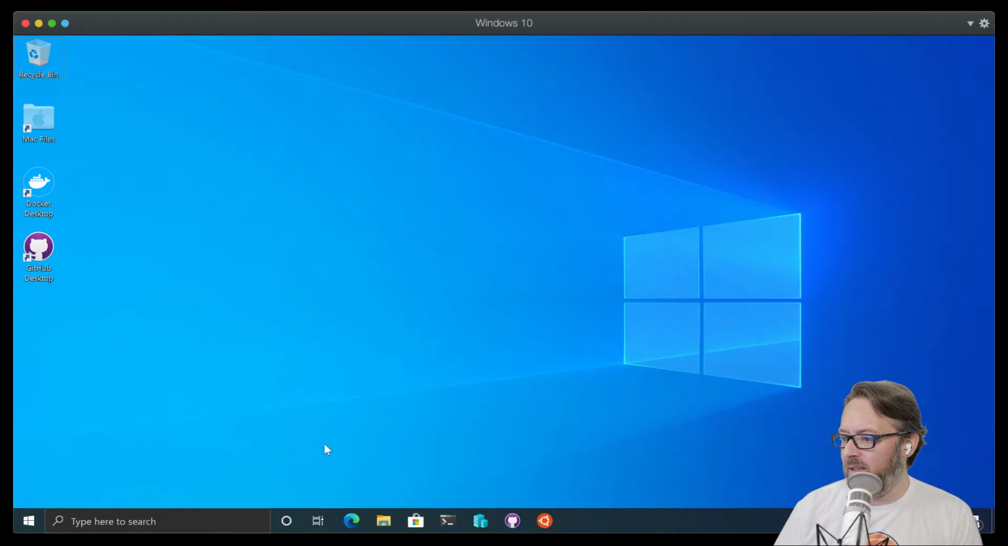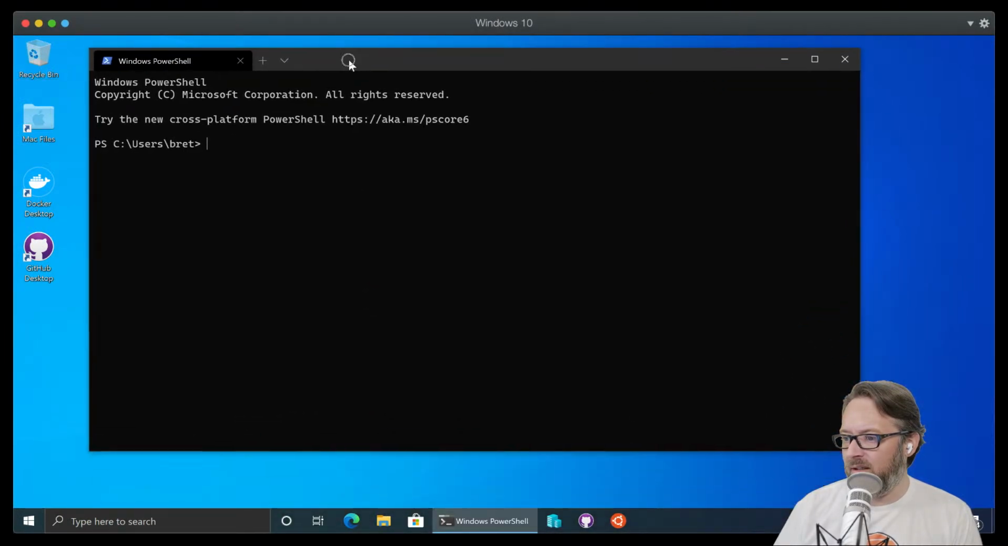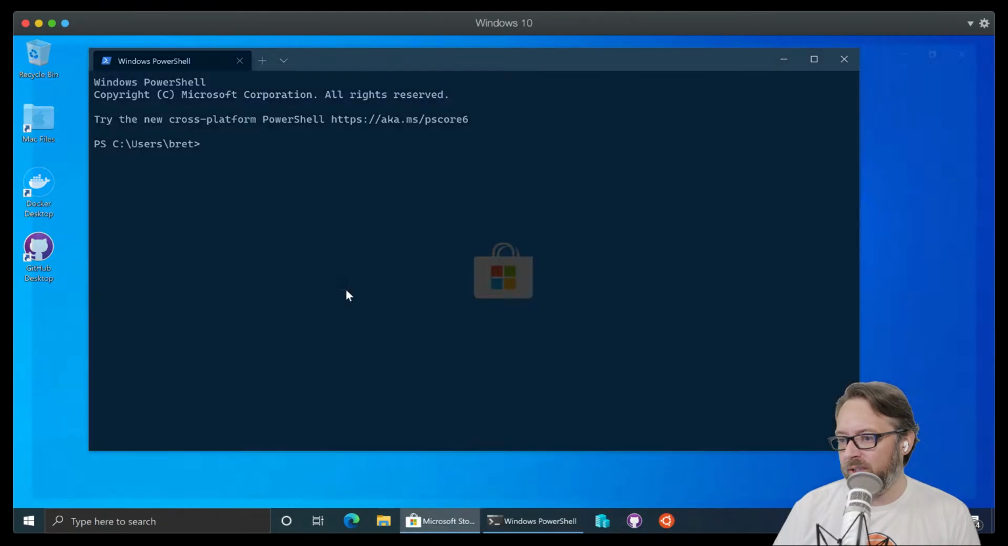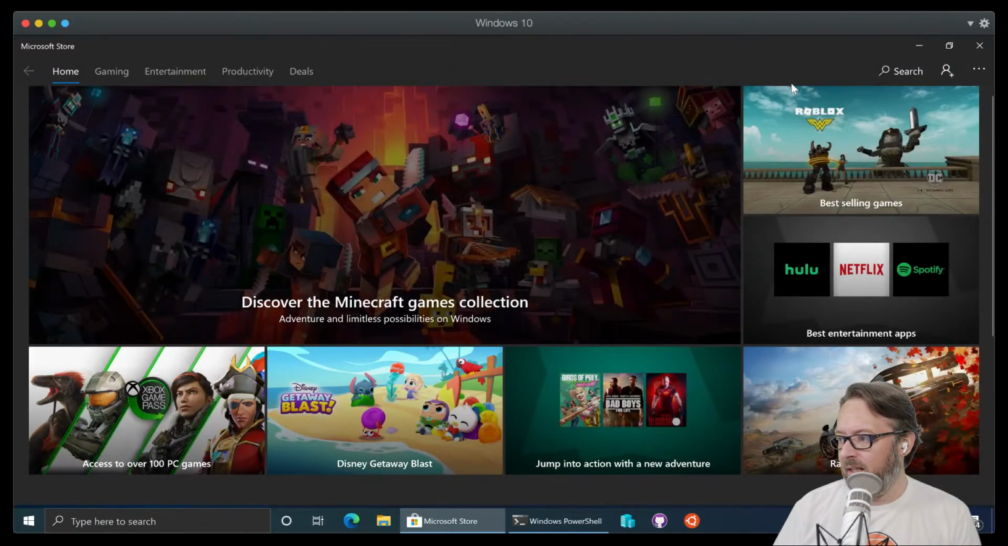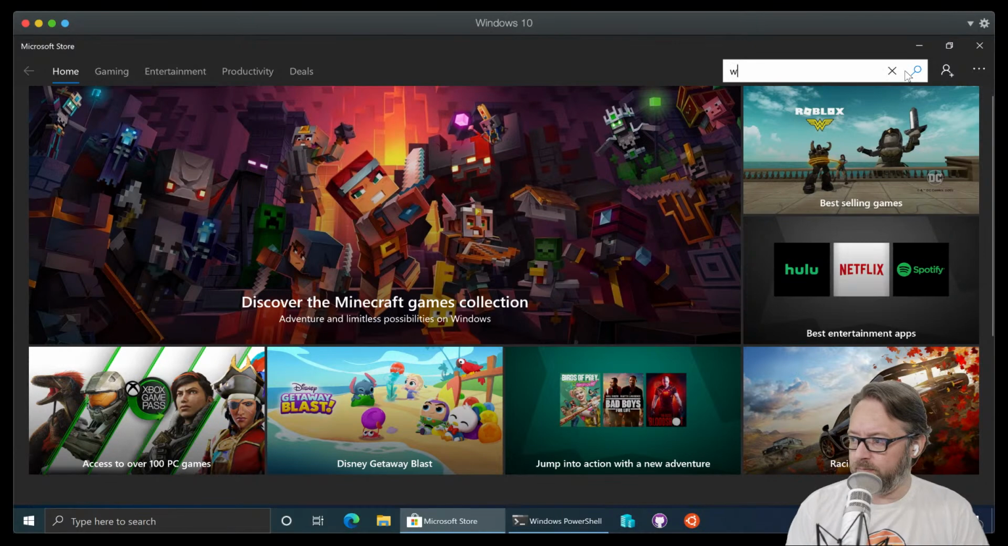On my Windows machine, I have Windows Terminal. This is the awesome, relatively new Windows Terminal from Microsoft. It's not installed by default. You have to go to the store to get it, and if you just search Windows Terminal,